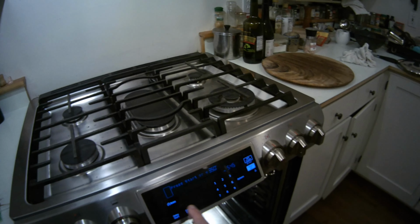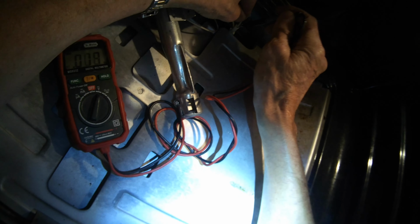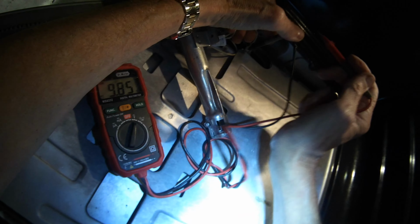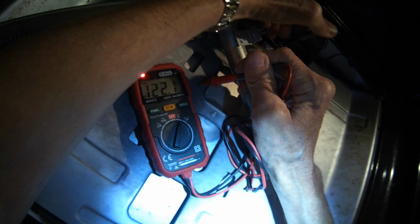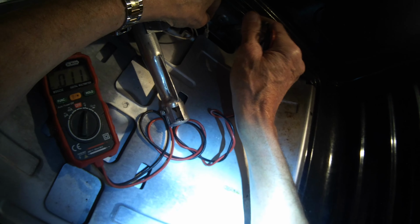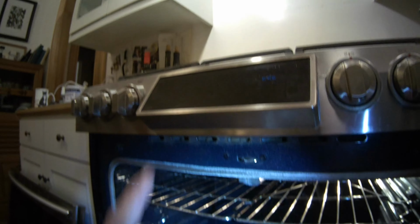So I'll shut off the broil. And now I'm testing. I pulled the burner tube back out. I'm going to put my multi-tester meter down into the wire for the igniter, and the other one I'll touch to the metal here to ground. And it shows I have 122 volts going through, so that's good. I'll do the same thing on the other wire for the igniter. I'm just pushing the probe down into that wire and then touching it to ground. Once again, I get 122 volts, so I know that that cycle does have power,